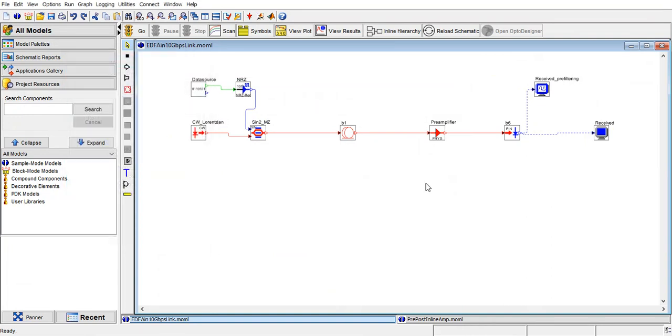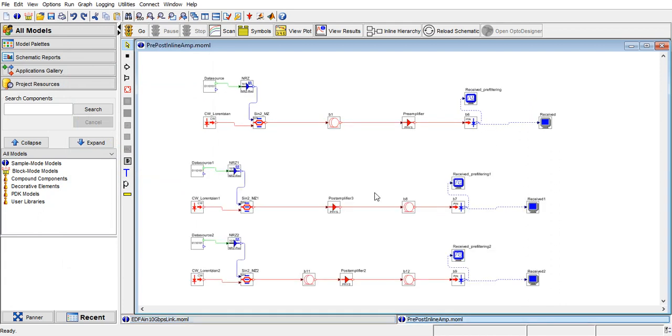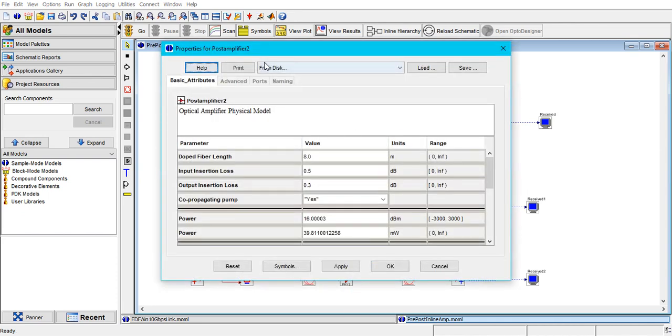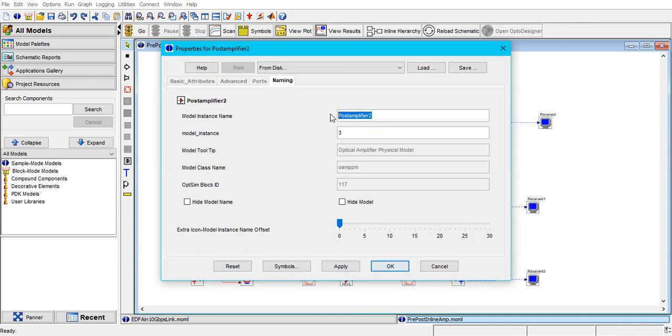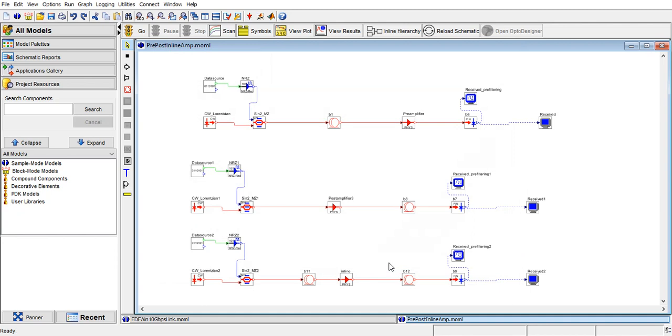Now what if I place my amplifier somewhere in a different position, as you can find in this particular circuitry on your screen. If I place an amplifier just after my transmitter, then it is known as a post amplifier. The word post comes in because it is with reference to the transmitter section. The third one over here is an inline amplifier. It is an inline amplifier because it is placed in between the fibers.